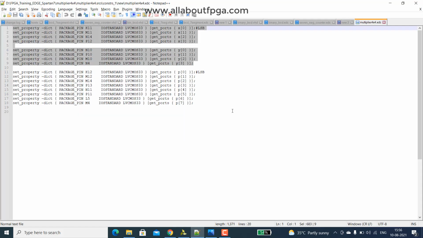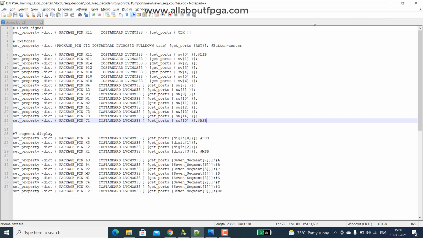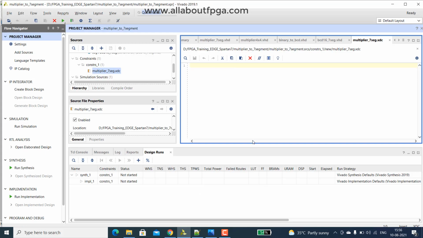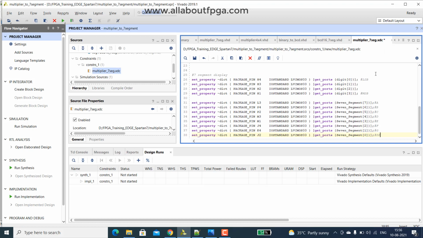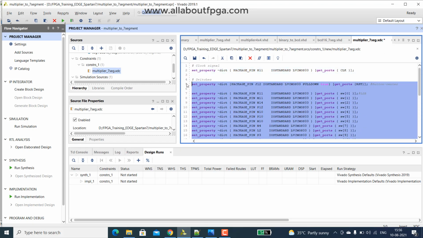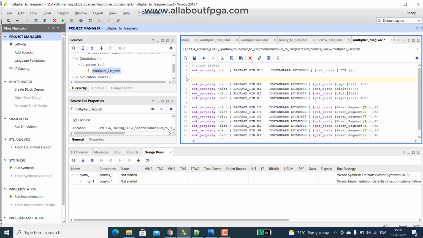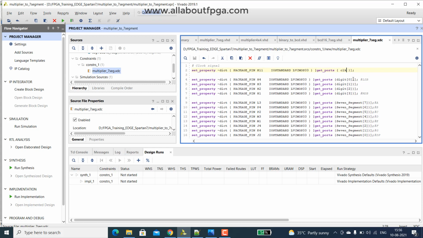I simply copy the existing constraints and rename it for 7 segment and clock added. So clock should be small case. That XDC is case sensitive, so we have to name it as small clk.